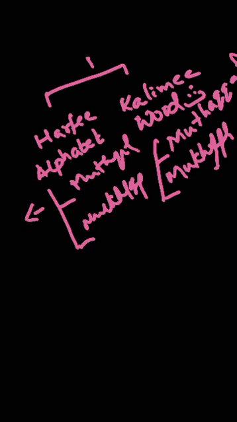Mukhaffaf is khafif, it's light, and musaqqal is heavy. So what will happen in musaqqal, like the example of waladdallin, after the mad wave, what did you have? You had a shadda. So when you have a shadda, it is known as musaqqal. But the definition is, it's when an original sukoon, that letter has a shadda on it, that comes after a mad letter. Musaqqal, this refers to the shadda.